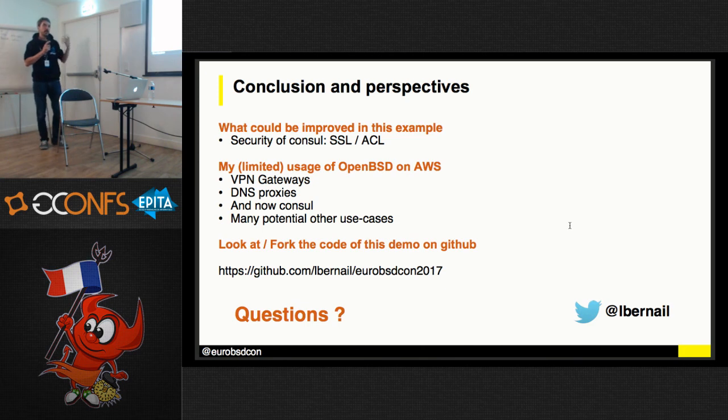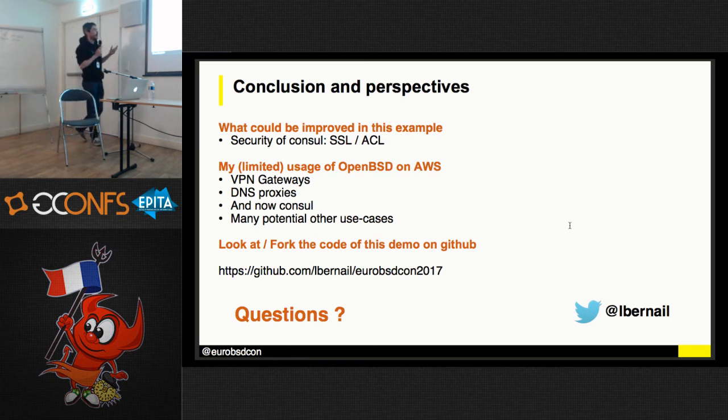And so there are other tools you could use for encryption, and there's actually a tool also built by the people that do Terraform and Consul, which is called Vault, which can be used to store secrets. And Vault also works on OpenBSD, by the way. So my use of OpenBSD is very recent, but I've used it in several use cases, like VPN gateways, which I just showed you, DNS proxies, or DNS resolvers, and now Consul. Of course, there are many more use cases.